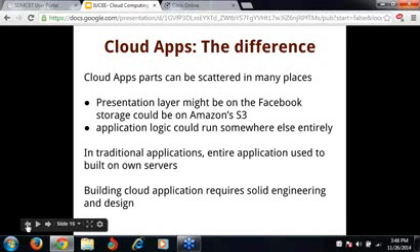So building a cloud application requires a solid engineering design, because now, as you see in the earlier slides, you cannot assume the local disk, you cannot assume a local machine, you cannot assume a particular operating system, and in this case, you may not assume every